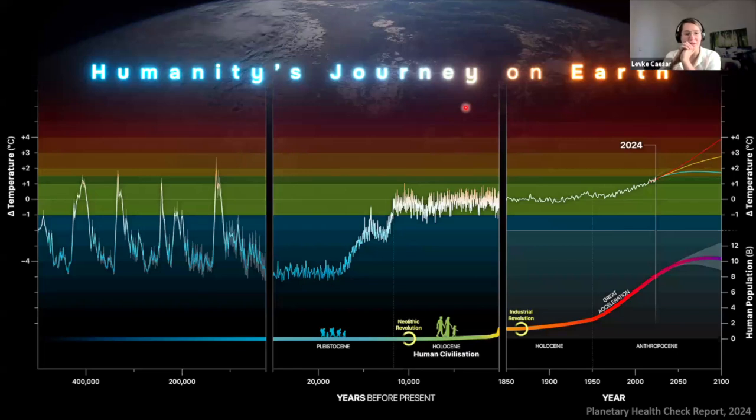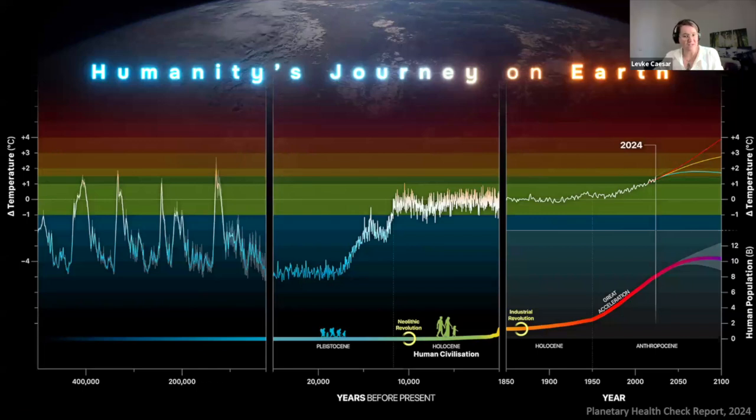Now, from an Earth perspective, some might say that a planet can neither be healthy or sick. And I actually have been getting these comments from time to time. But if we define planetary health as I just did, then of course we can say that the planet can either be healthy or sick. And we can also link planetary health to basically our ability as humans to thrive on this planet.